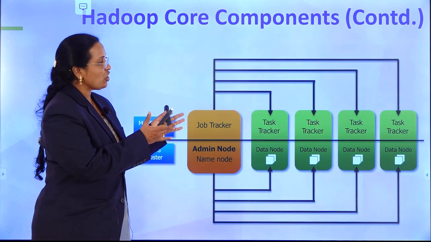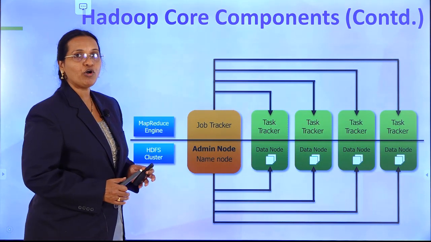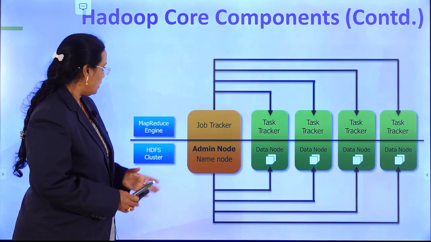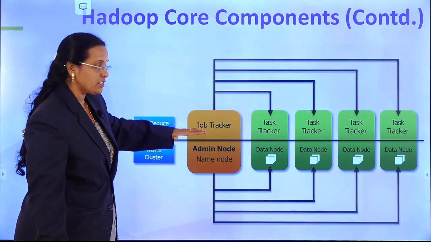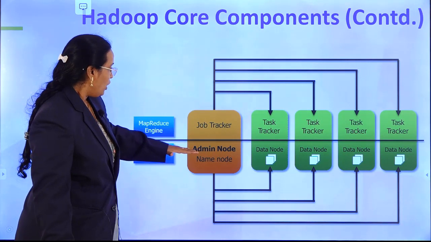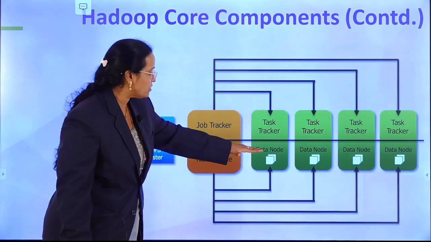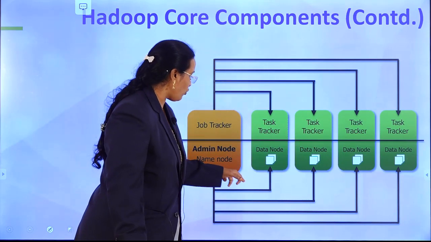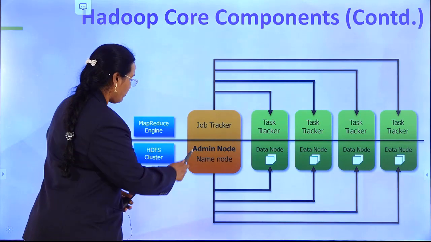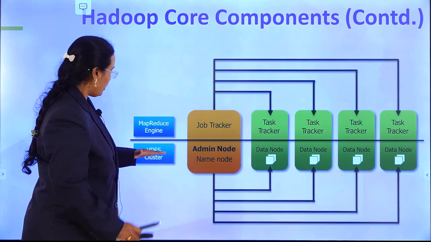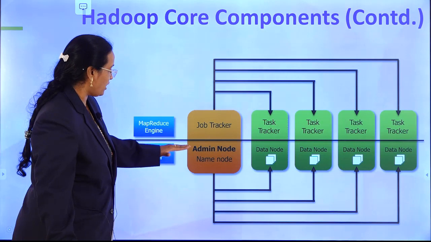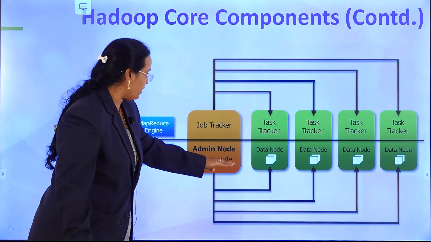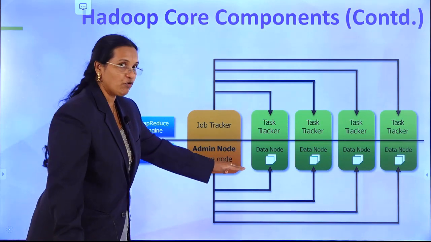So the pictorial representation of the Hadoop core components will look like this. We have divided it in two fashions here. We have data nodes, that means this is one node here. And these nodes we are keeping in the Hadoop cluster. This is my Hadoop cluster, and these are all my nodes here, that means the slave nodes.